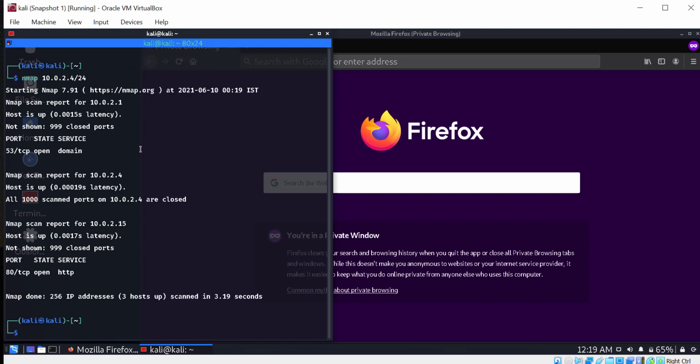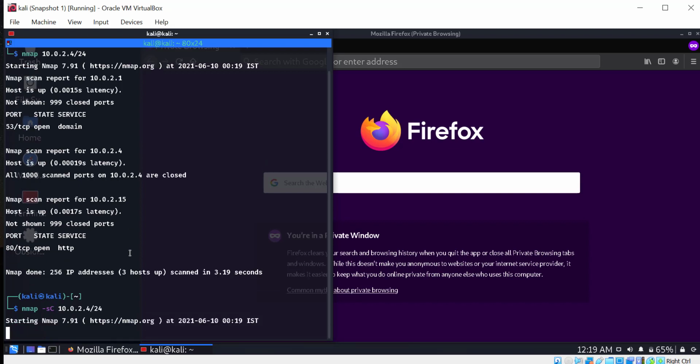Our intention is to find the IP of the vulnerable box, because now we have connected both of them with the NAT network. So we can see here something is up. If we need more clarity, we can run nmap with -sC, fine. Now it will be pinging.